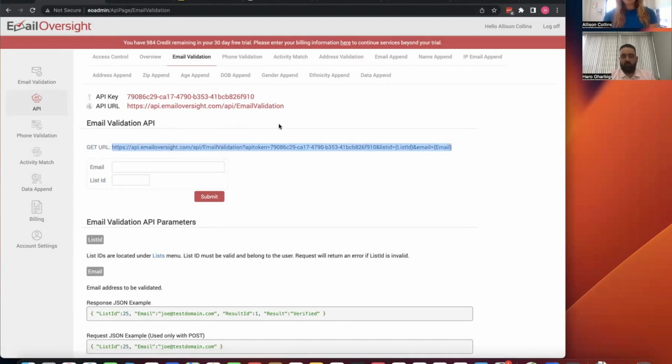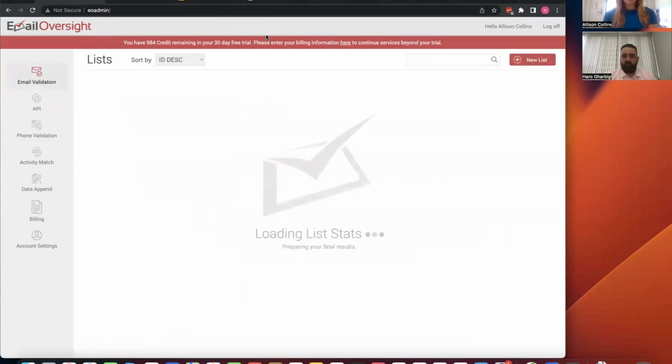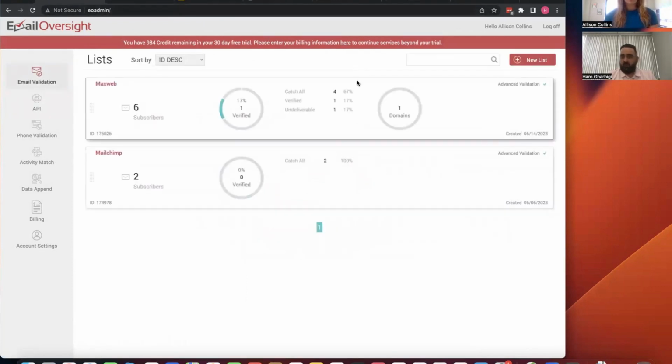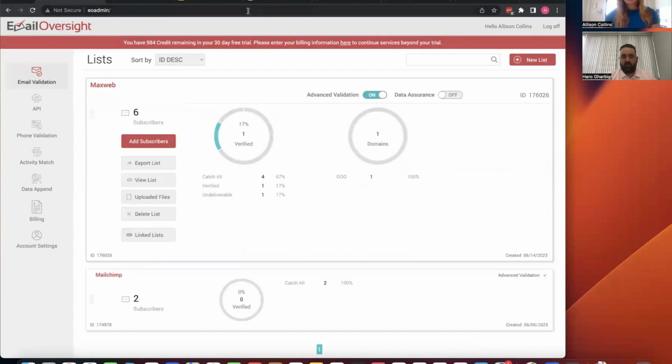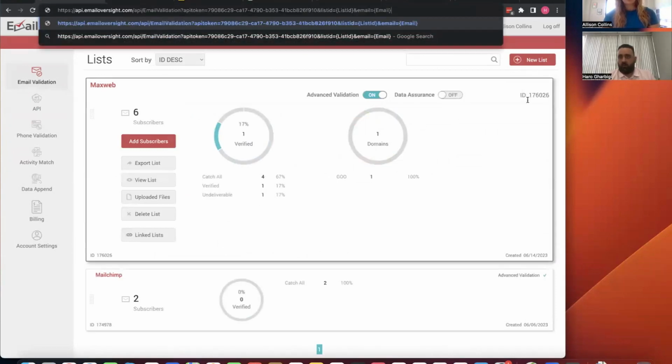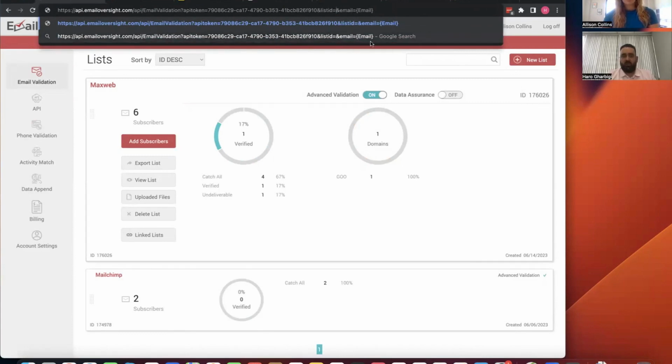And then we're going to use make.com to do the automation. It's similar to Zapier, but it has the ability to do routing, which is very cool. So I'll show you how to use that. So grab the link, and then just to make sure we have the list ID correct, I'm just going to paste it in here, 176026. So I'm just going to change this right now to 176026. Copy the link again, and then we're going to head over to